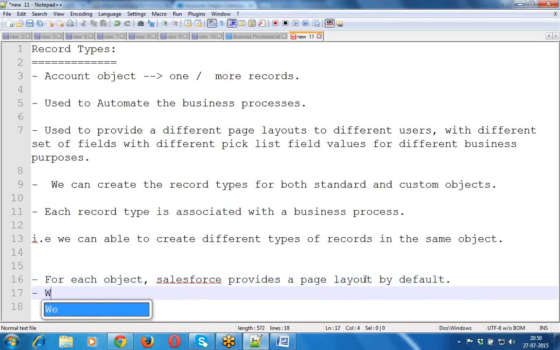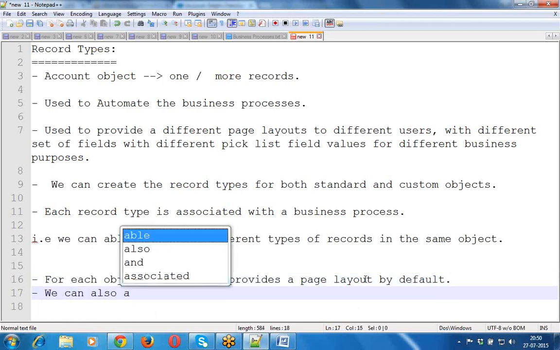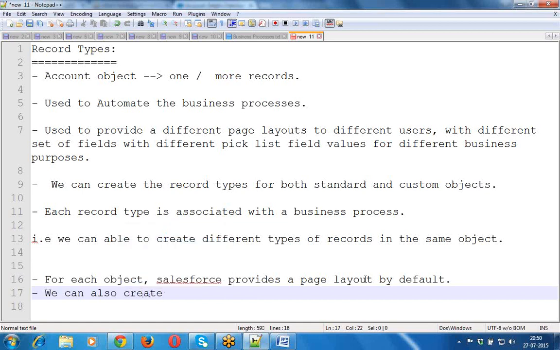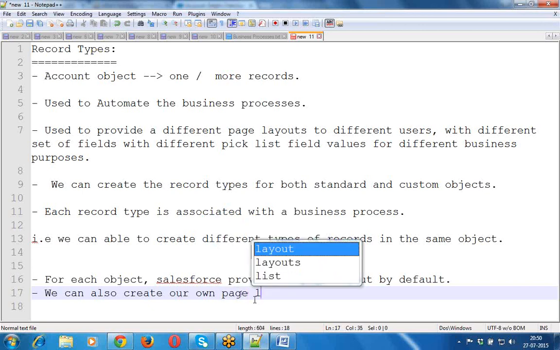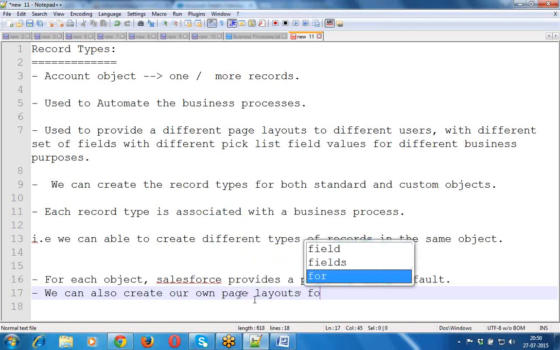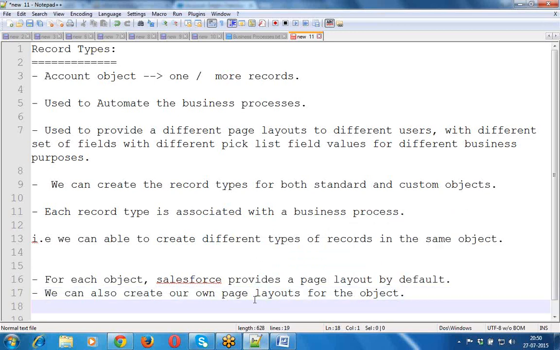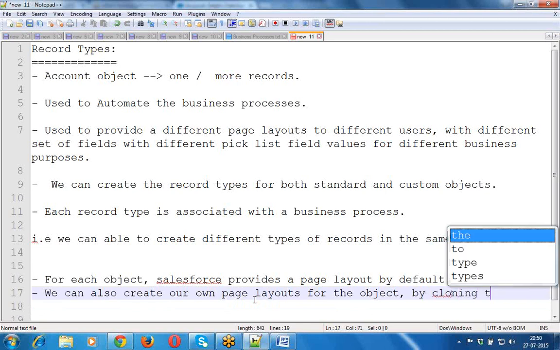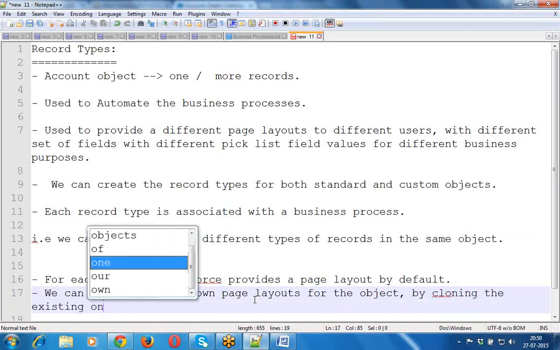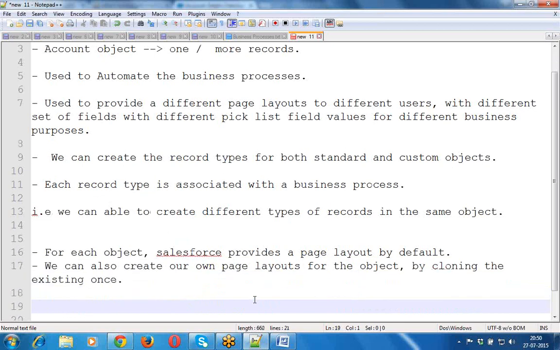And then we can also create our own page layout for the object. Then how can we create it? By cloning the existing one.